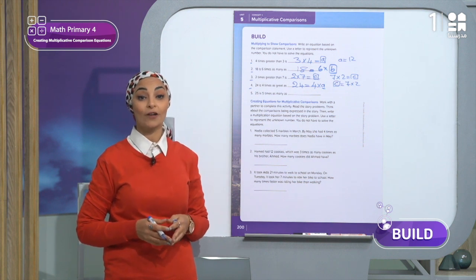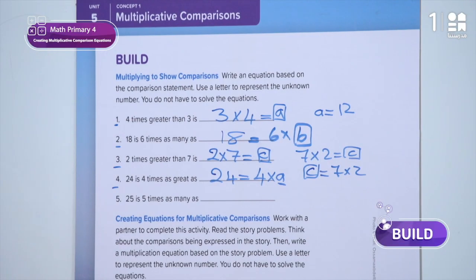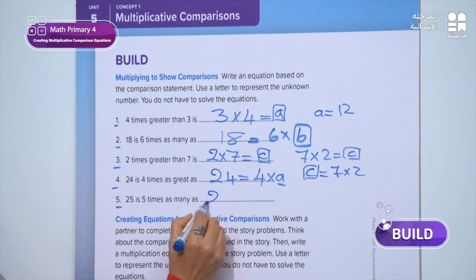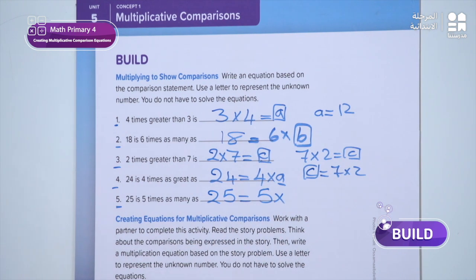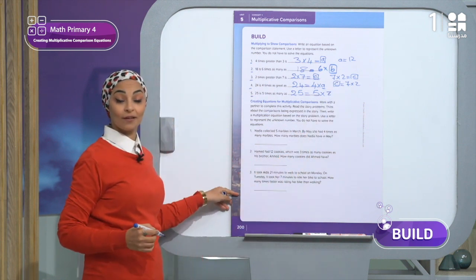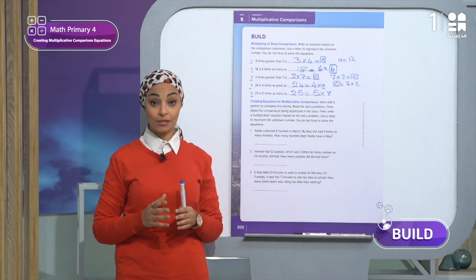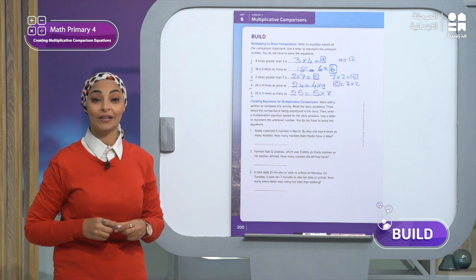It says 25 is 5 times as many as what? Again, 25 is 5 times as many as what? It is exactly like saying 25 equals 5 times what. The unknown number can be any letter, like for example letter Z. And now since we have written the last equations and the unknown in each equation, let's see how we can create